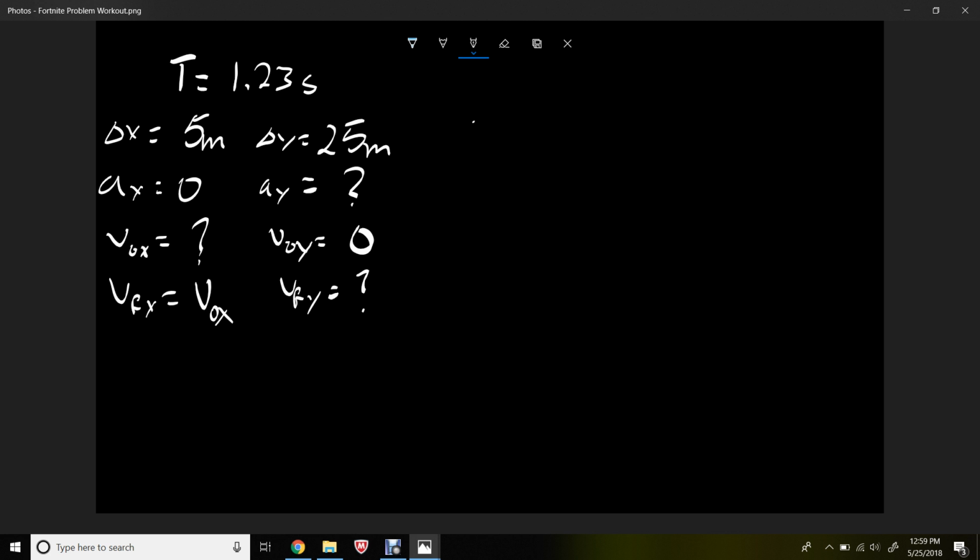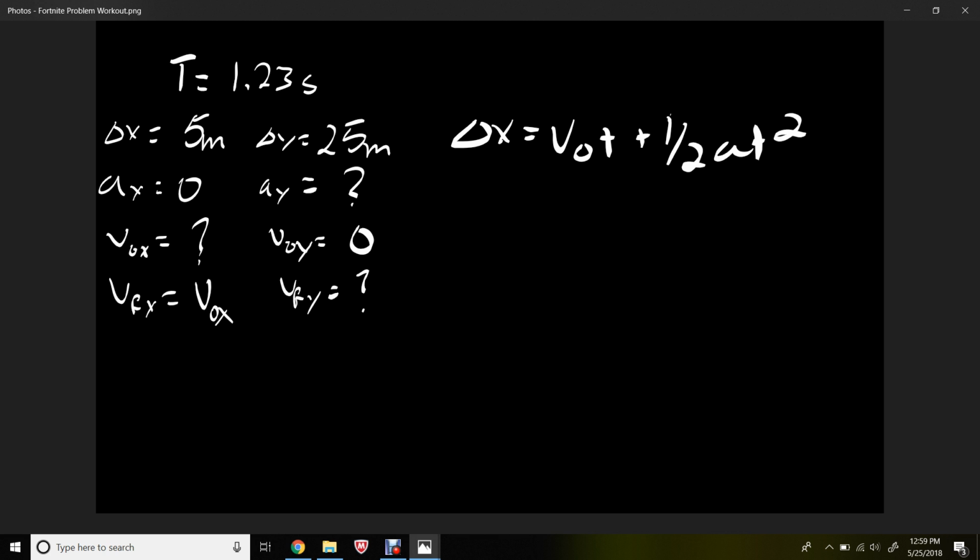We're going to use the same formula: change in x is v naught t plus 1/2 at squared. We're going to use the same formula, except this time it's going to be a y. Just remember the difference there. We're working in y now, so we're using these instead of these. So 25 is 0. Since the initial velocity is 0, we can actually just cancel this out. We don't need this. Plus 1/2